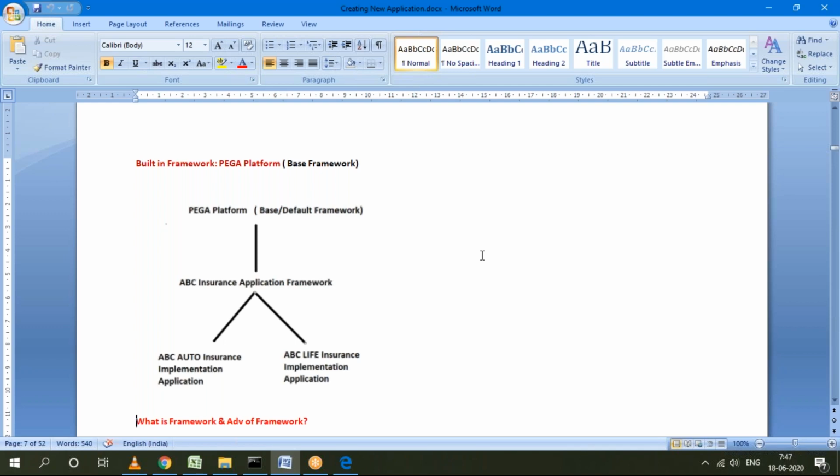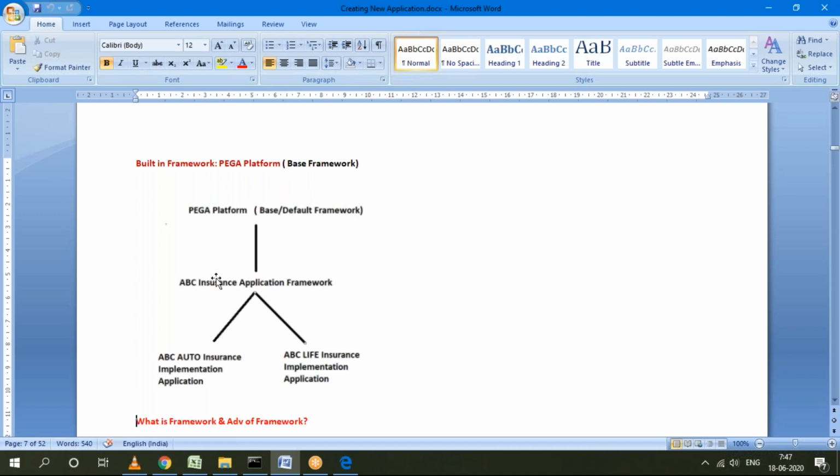To create these setups, from version 7 they have released a widget called the new application widget. In that widget, the settings are slightly different from version to version. Now in version 8.4, we'll see how to use that widget and create new applications. This entire application configuration we can set up and complete by using that widget. Today we'll see how to create one user-defined framework and how to define one implementation.